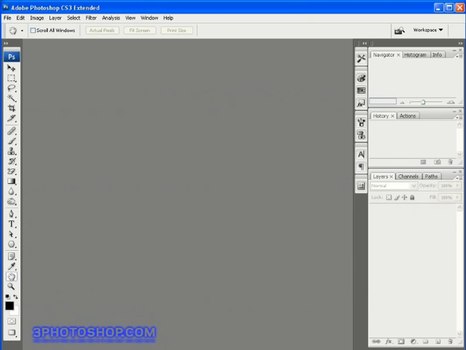You know, we're only about halfway through this series, but we've already come so far. We've managed to look at the auto functions, the basics of channels and the RGB color space. We've checked out the histogram, applied levels to real photographs on a composite and channel by channel basis, and we've even made those alterations by using both the input and output values by way of both the mouse and some fairly nifty keyboard shortcuts. Well, now we're going to begin looking at some of the more advanced ways in which